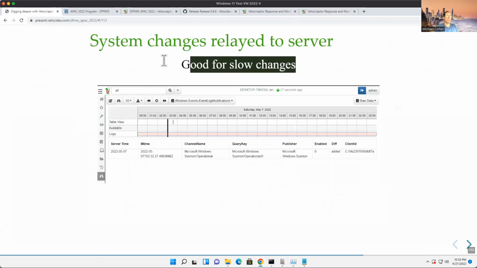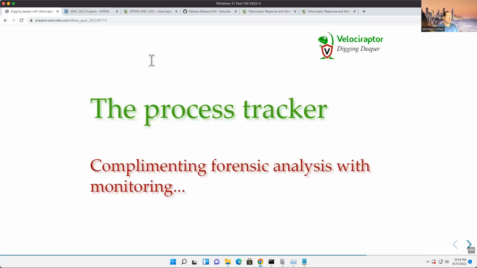When something changes slowly. All right, the last topic that I wanted to talk about is the process tracker. And this is really kind of interesting. This is a really new feature that just came out a few weeks ago. But it's actually really cool, very interesting, and very exciting. So let's think about